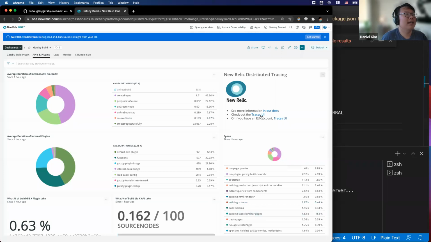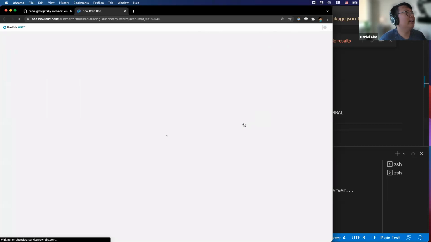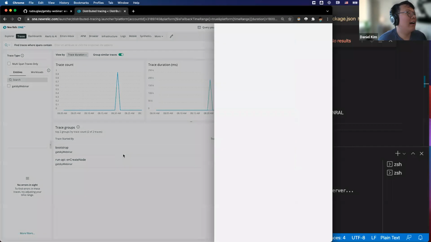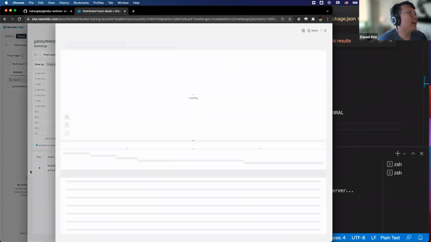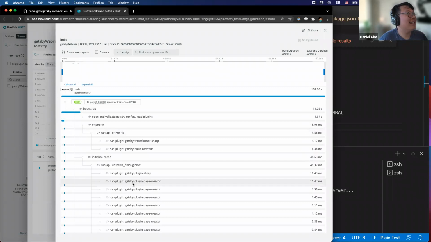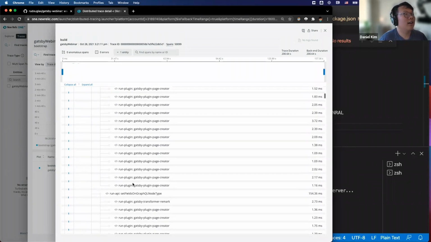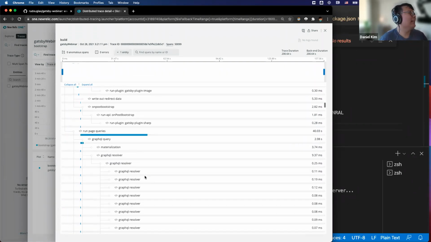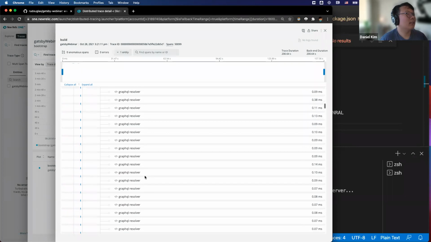So all of this data, you can actually see the raw data if you go to the traces UI. If you click the handy dandy link in the dashboard, you can see the traces UI of our New Relic One application. If you click into the individual trace, it takes a second to load because it's loading, I think, 52,000 spans. You can actually see the waterfall chart of literally every single API call and span needed to bring your website together, which is really, really cool.